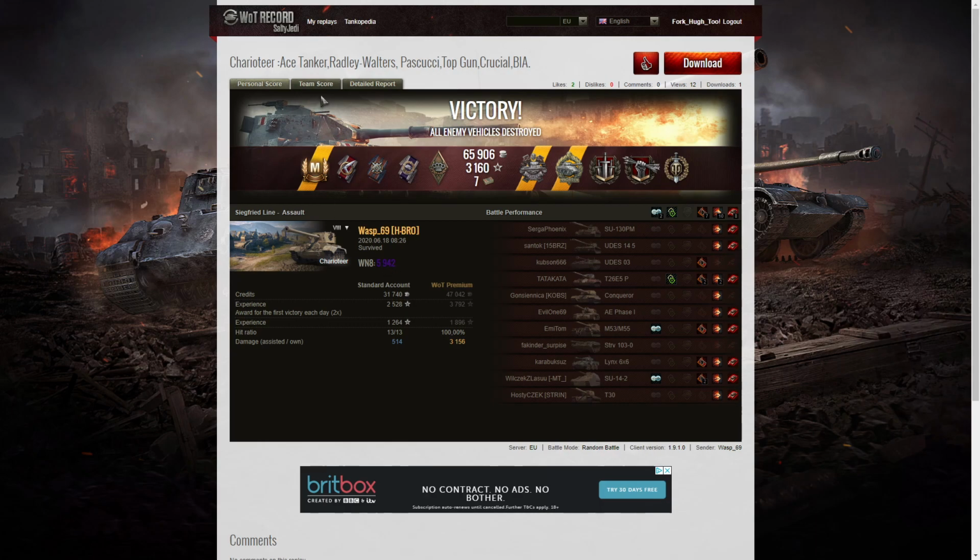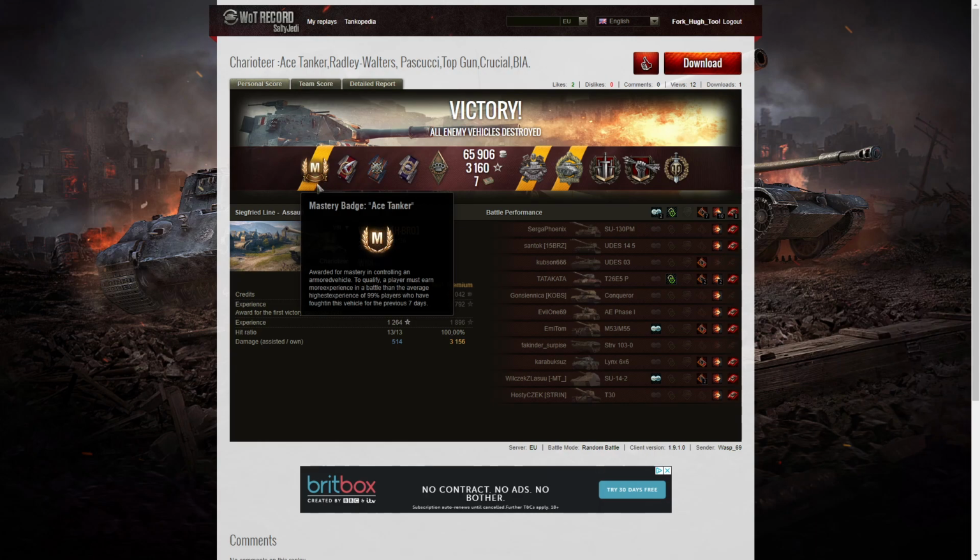5,942 was the win 8 from the game. Let's have a look at the team score. Oh, by the way, that ace tanker, that's a first ace tanker. You only get the scrolls the first time, and so yes, that's a